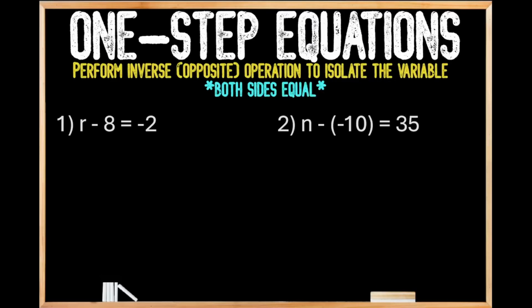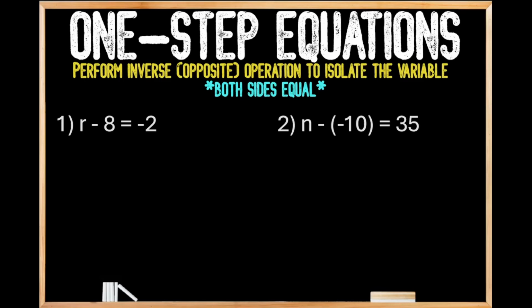Today we're going to be looking at how to solve one-step subtraction equations with negatives. We have a couple of examples that we're going to work through together here, so let's get started. For question number 1, we're being asked to solve for the value of r in the problem r minus 8